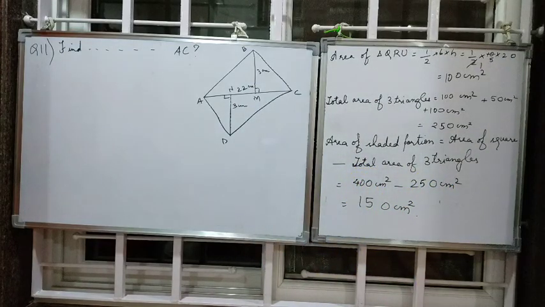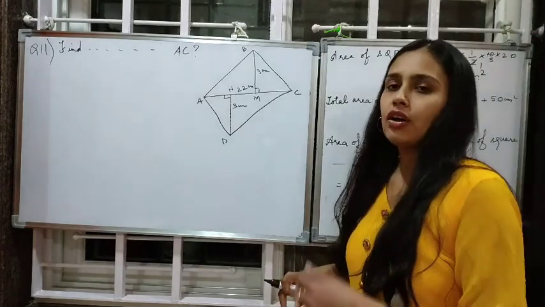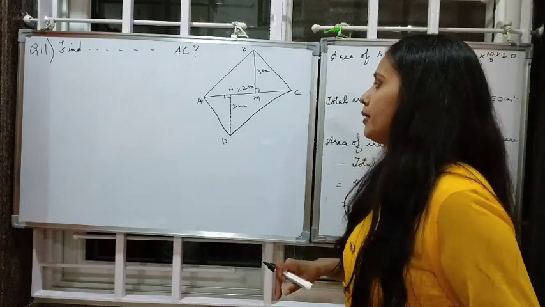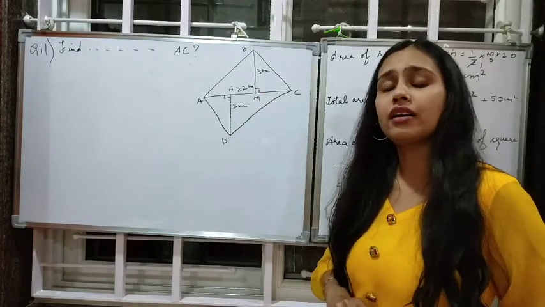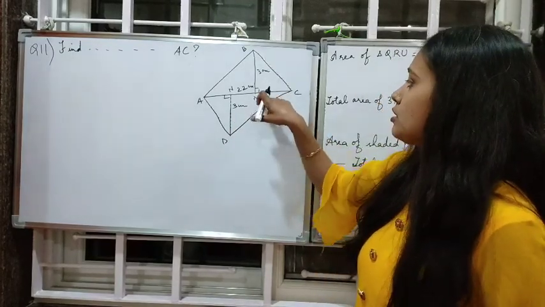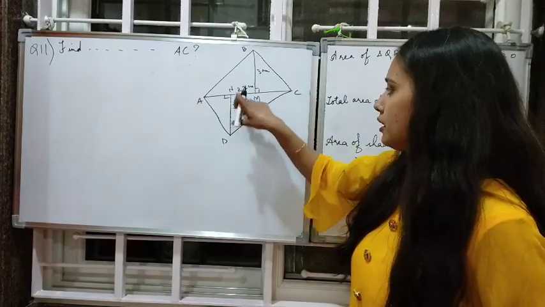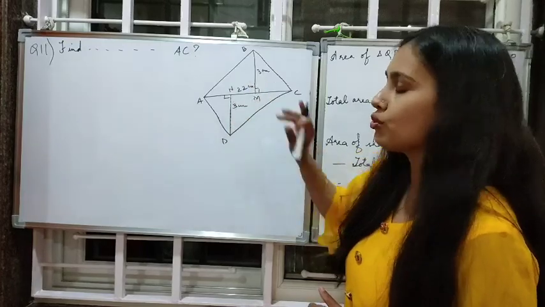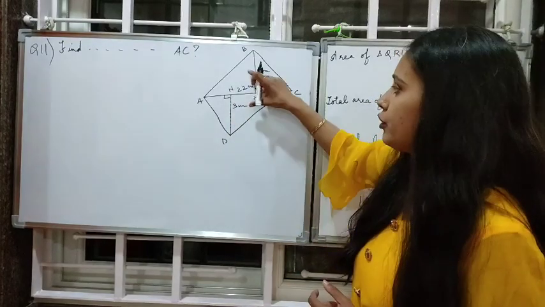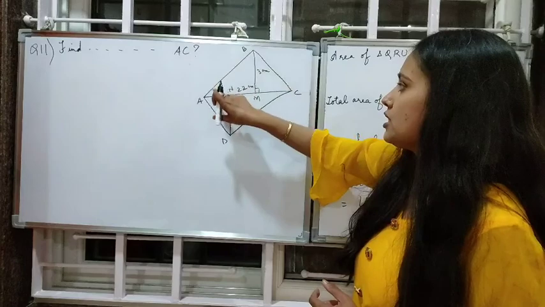So let's start. So children, if it was in the form of rectangle, we could have easily found the area as length into breadth, or if it was a parallelogram, we could have done it base into height. But here dimensions are given in a different form. This part is given and this part is given. Similarly, this part is given and this part is given. But if we break this quadrilateral into two triangles, if this is one